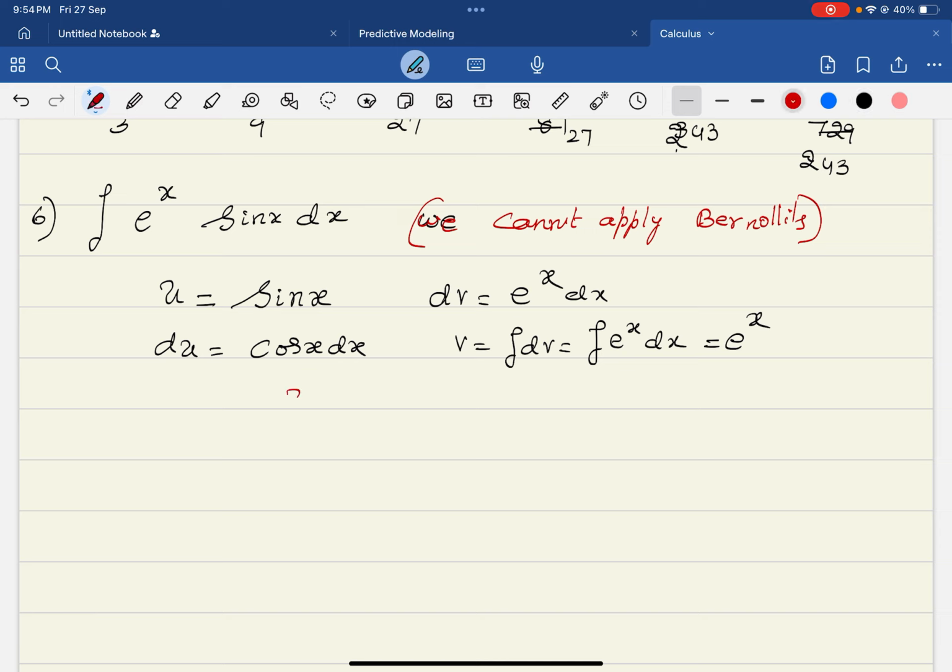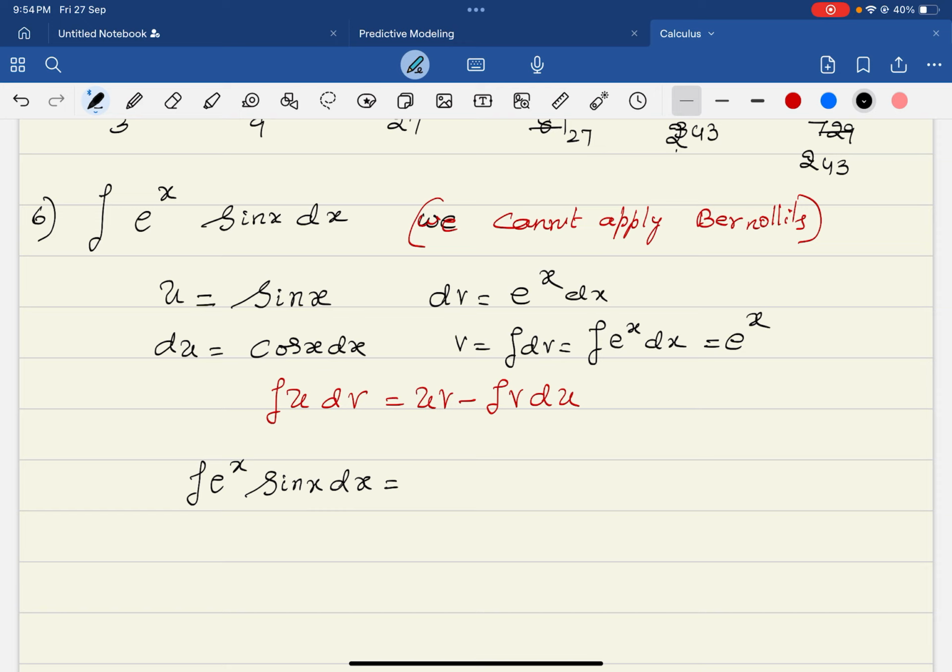The integration by parts formula: integral of u dv is equal to uv minus integral of v du. This is the formula. So now let us apply this. Integral of e raised to x sin x